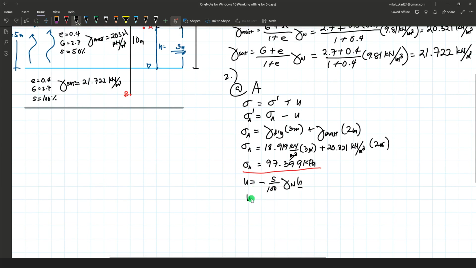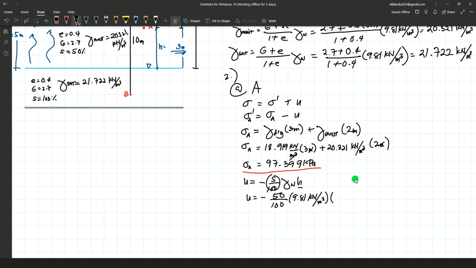So H is 3 meters. So U is equal to negative the degree of saturation of the capillary action, 50 over 100. Here we will input the percent value, not the decimal value, so 50. Or you can simply replace this with the decimal value of the degree of saturation, just write 0.5, times 9.81 kilonewtons per cubic meter